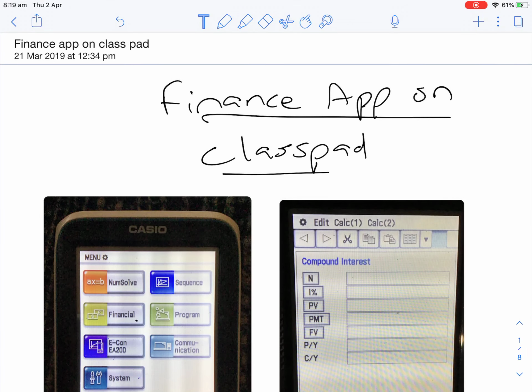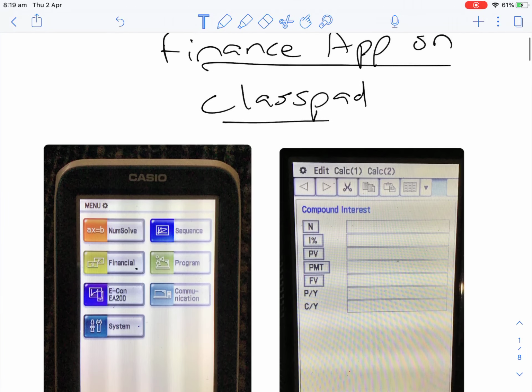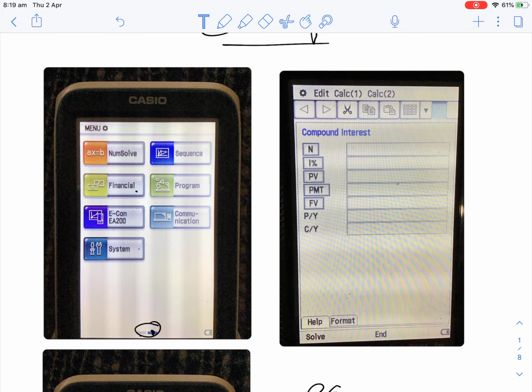Finance on the ClassPad app. So let's have a look at this, because this is something that people tend to find a little bit tricky. But once you make friends with it, it's super easy. And particularly when you get to the Year 12 course, there's sometimes no other way that you can answer these questions. The reason for that is that if you look at your compound interest or your simple interest formula, and